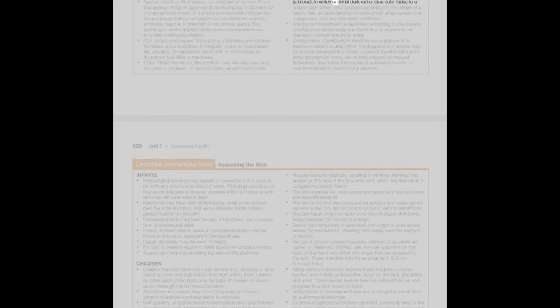A bruise, in which an initial dark red or blue color fades to a yellow color. When color changes are limited to the edges of a lesion, they are described as circumscribed. When spread over a large area, they are described as diffuse. Distribution. Distribution is described according to the location of the lesions on the body, and symmetry or asymmetry of findings